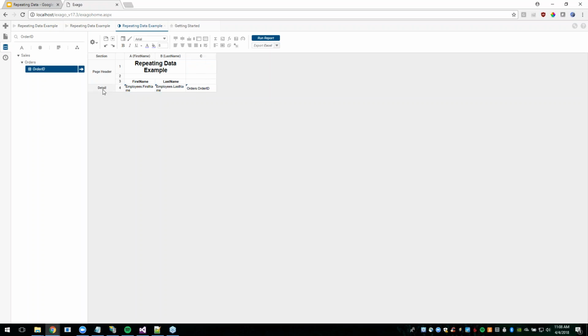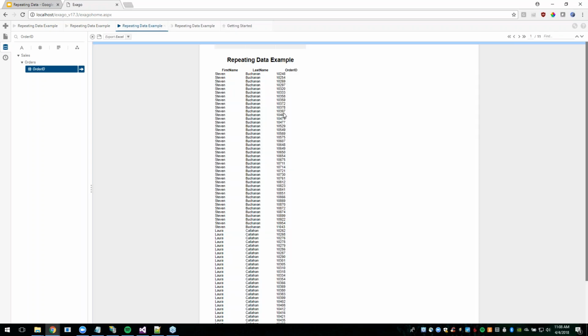And again, this is the detail section. So this is returning us one row for each row returned from the data source. So by including this order ID here, and again, let's just make this nice and clear, I'm going to add a quick little header here, just so that it's clear what information is being displayed. And we could stretch this out too, why not? If we execute this report one more time,